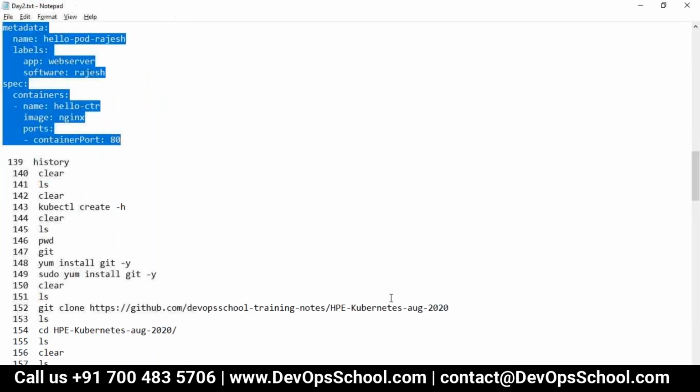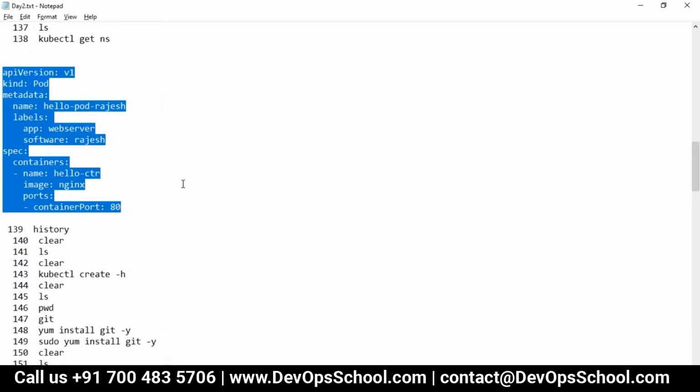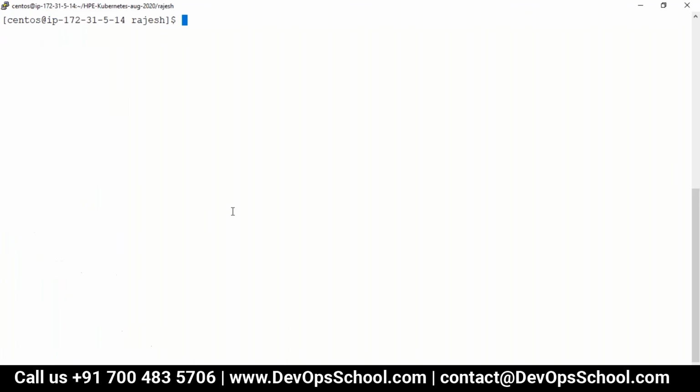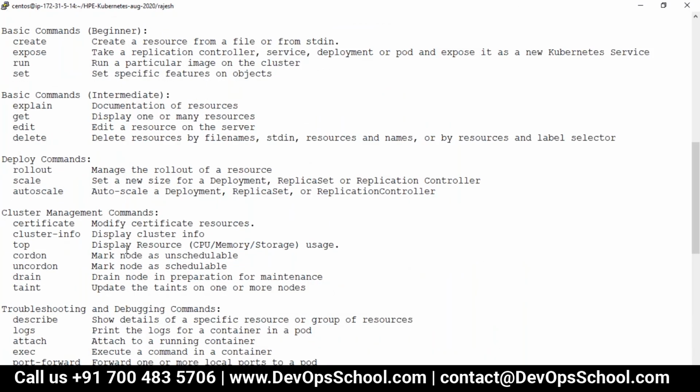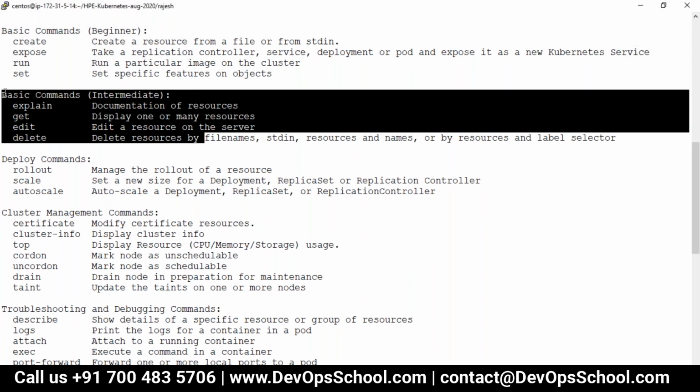I want to know the fields of the YAML file, which are required, which are optional, and all the other options available. So I want to know all these things. How do I know that? So can you help me with this? Do you see some options here?